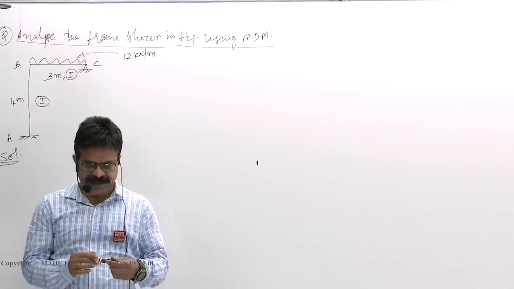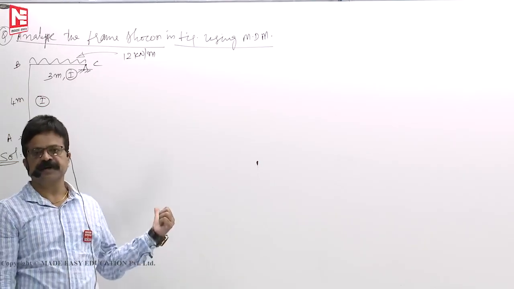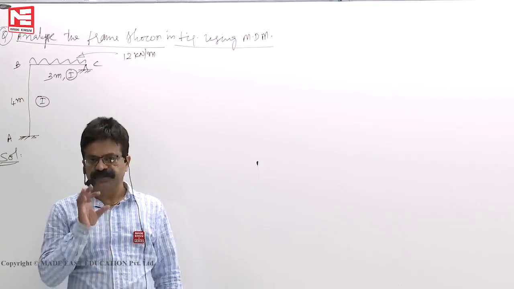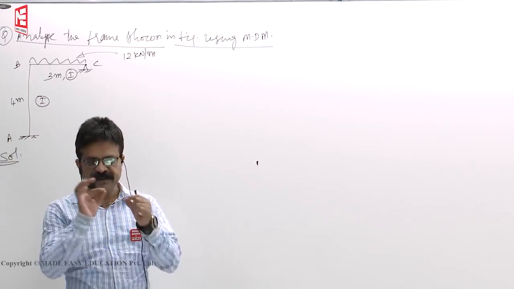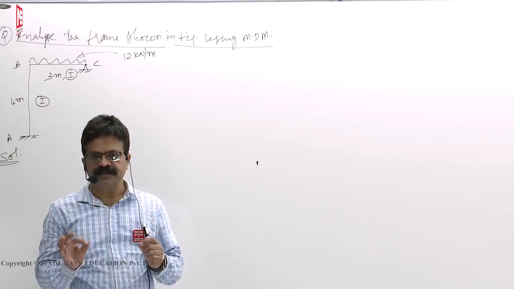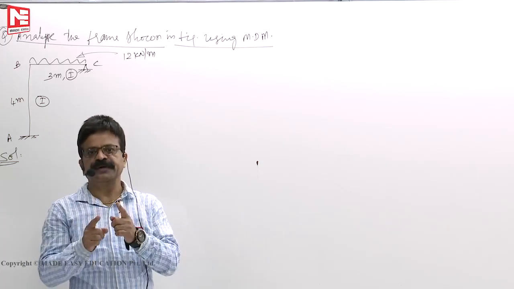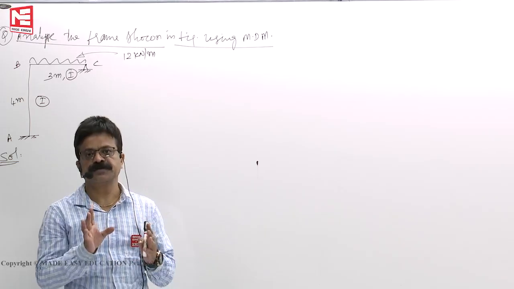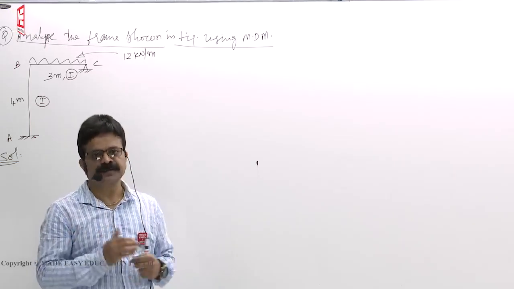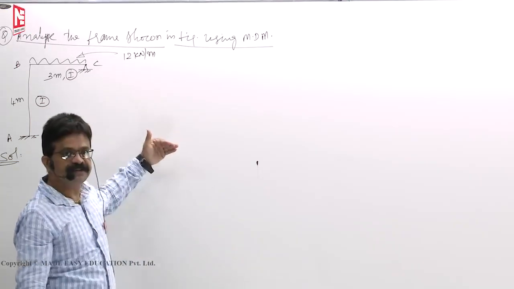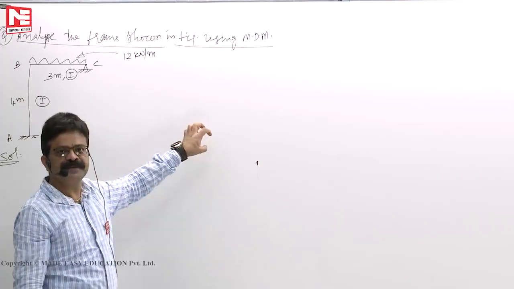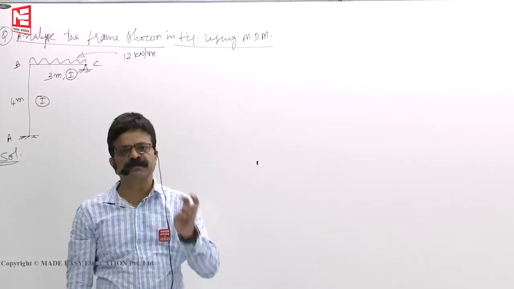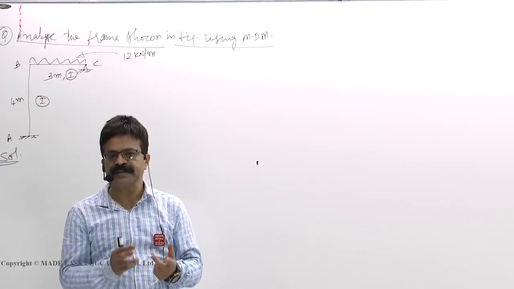Now, earlier when I solved the earlier problem, the first step was to find the fixed end moments. Fixed end moments means assuming that all joints are locked, then what are the moments required to lock all the joints? That means don't permit the slopes to happen. For that, how much moment is required? That we have listed for the span AB, for the span BC. Since we know fixed beams subjected to UDL or point load, what are all the fixed end moments,